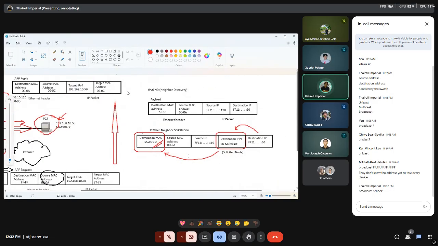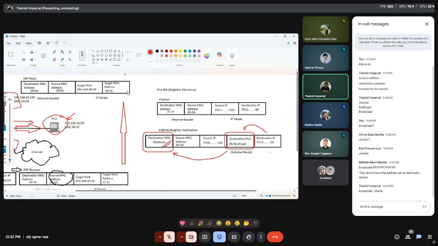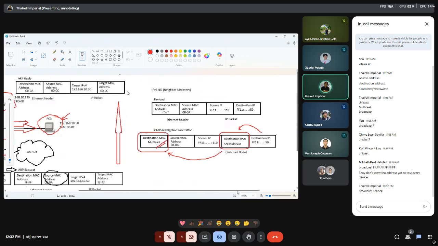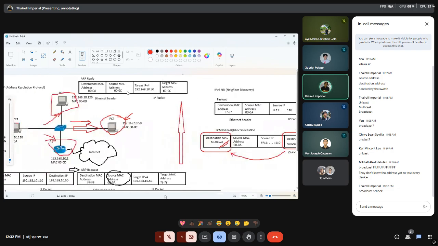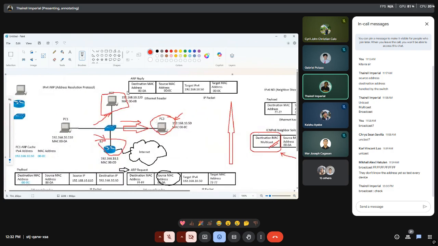And then, what will you expect? Well, by the time that your PC number 3 here has to reply back, it sends a reply similar to the contents of this request over here, but containing exactly the MAC address of this destination device. So the MAC 00C. The way the reply is treated is similar to how ARP in IPv4 handles the packet. The reply packet is sent in a unicast format towards PC number 1. PC number 1 receives the packet, okay?